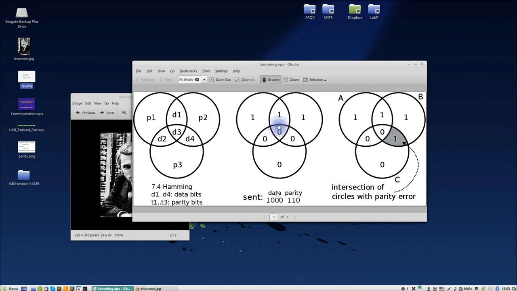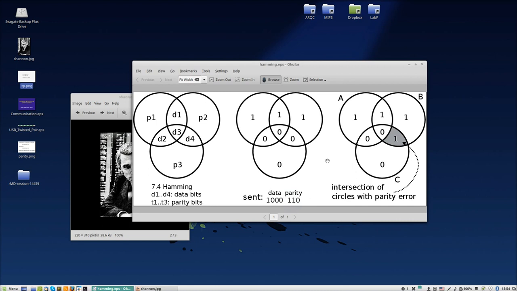Imagine the data bits are 1, 0, 0, 0. Then to have even parity in this circle here, we need to put parity bit 1 here. In this circle we need to put the parity bit 1 here, then it becomes 2, and in this circle we need to put the parity bit 0, because then this is 0, that's also even parity. So we send the data bits 1, 0, 0, 0, and we send the parity bits 1, 1, 0. For a full pattern, 7,4, meaning 7 total, 4 data bits, 3 parity bits: 1, 0, 0, 0, 1,